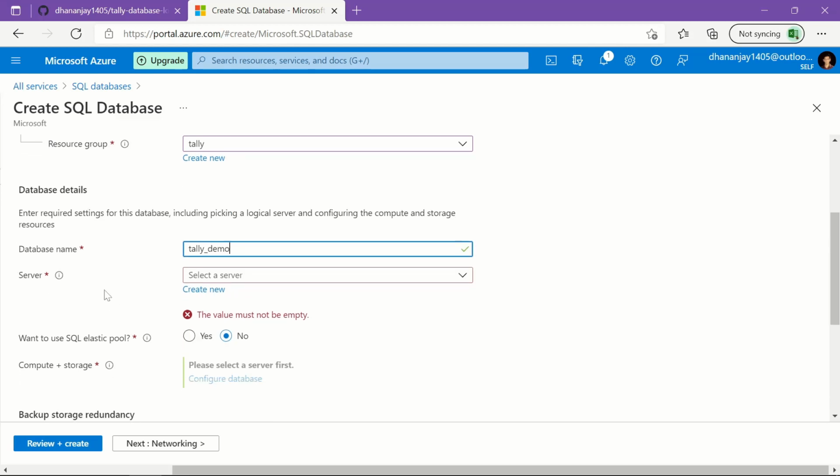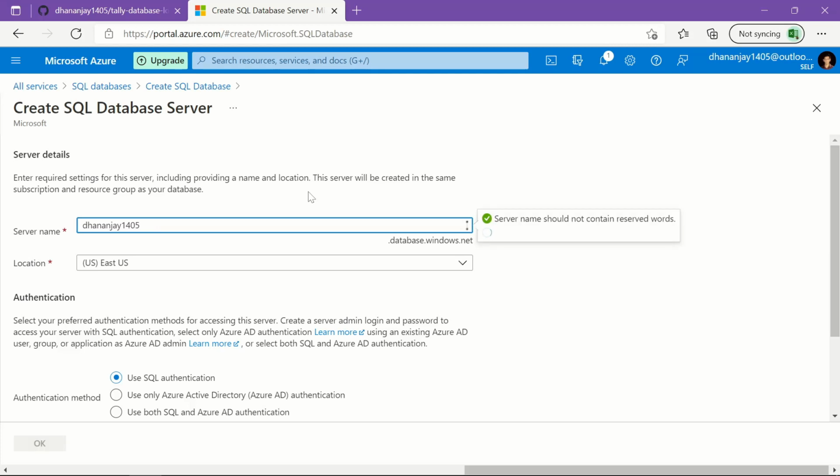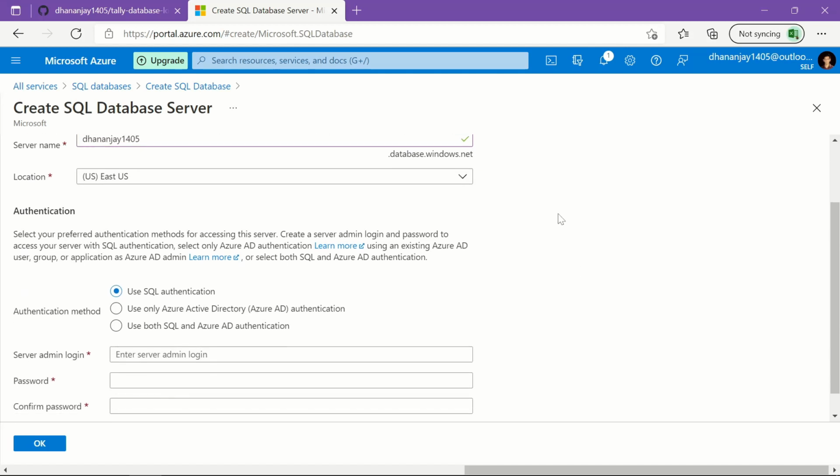And server. Now first time we need to create an SQL server. So let us click create new and server name. Now this should be globally unique, just like we need to reserve our unique email ID. So you can write any. Probably you should be entering your client's name. It will take 10 to 15 seconds to check. Okay. So server by this name is available. Okay. It doesn't clash.